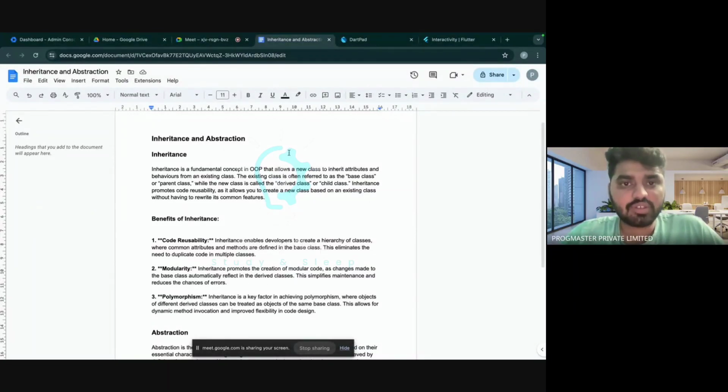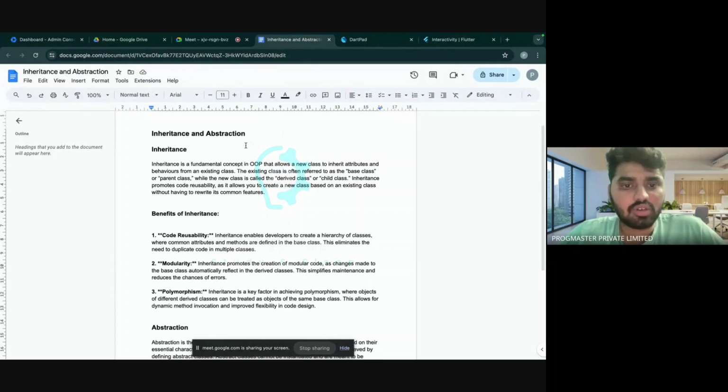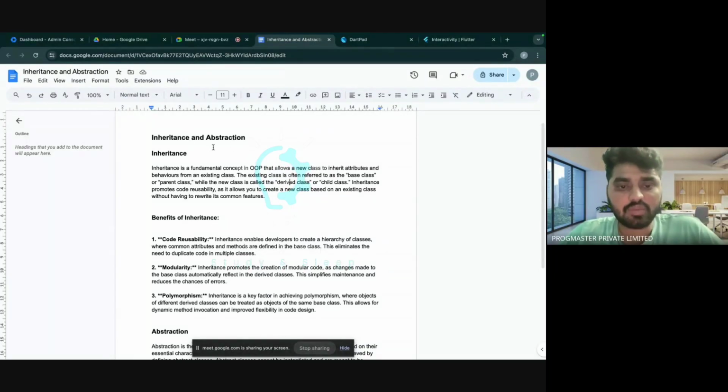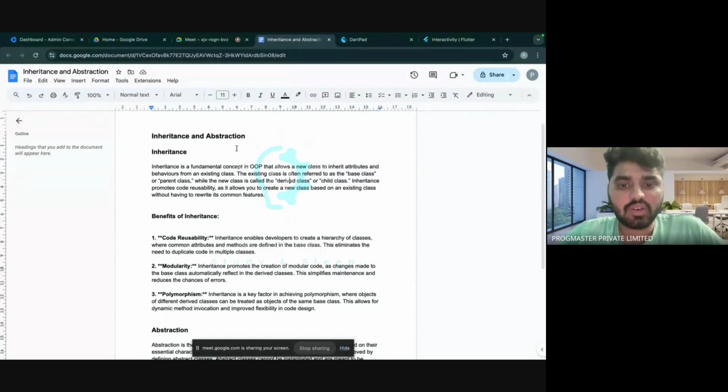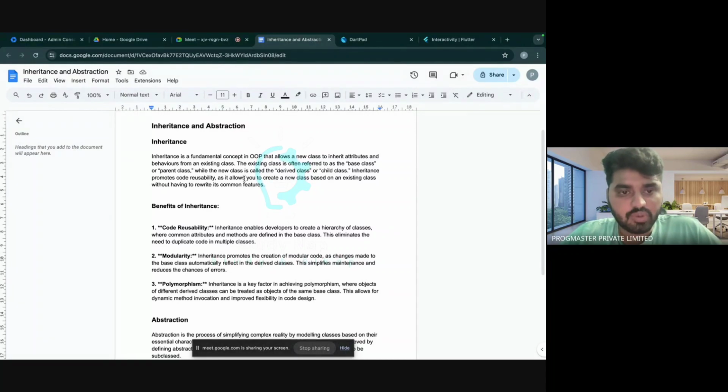This is what we discussed in the last class, but the majority of the people haven't joined. We'll go through inheritance and abstraction once again today, and we'll start the code editor sessions right after this one. So when it comes to inheritance, this is the basic